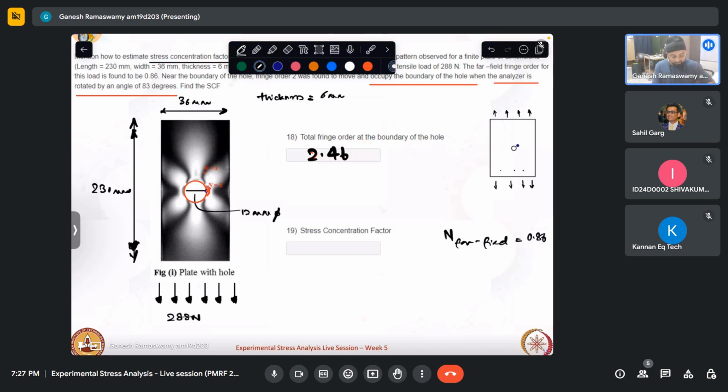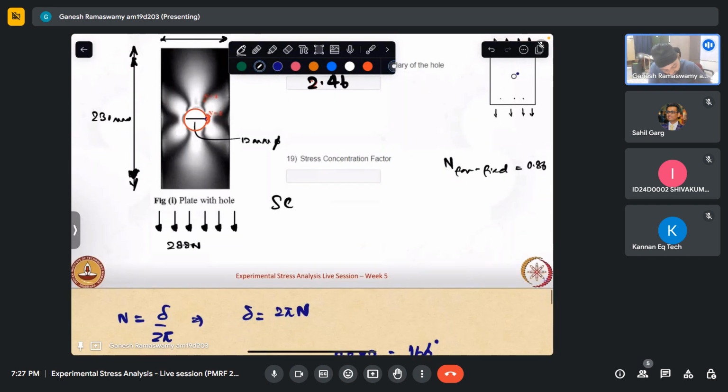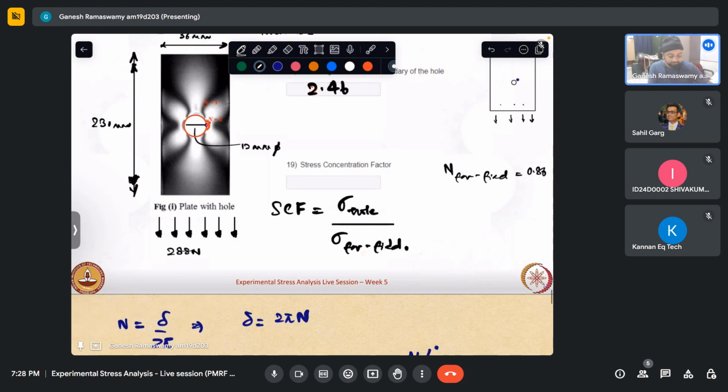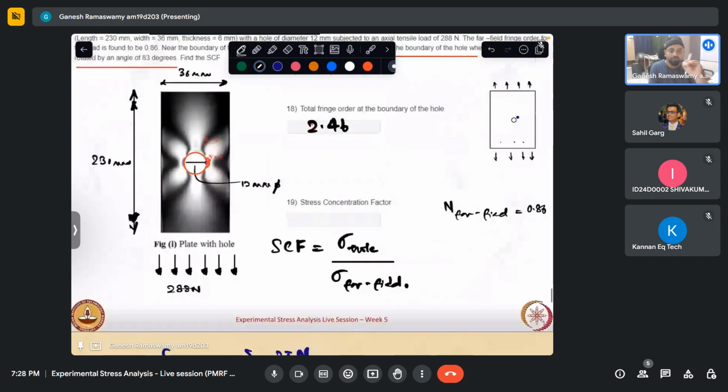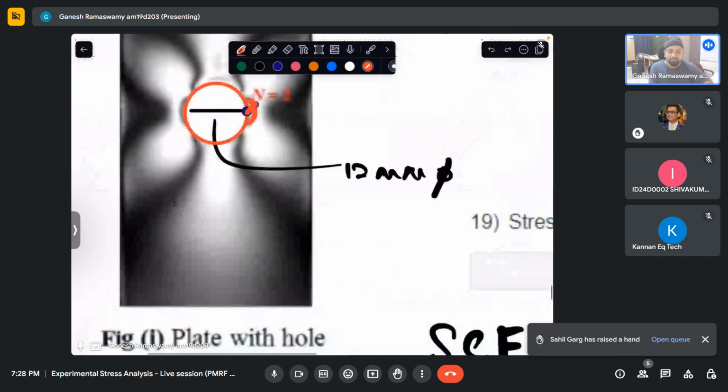Next part is asking what is the stress concentration factor. So stress concentration factor is defined as N at the hole by N far field. Let us also briefly see why this stress concentration factor, what does it mean? Essentially, if we take a plate that is uniform without any defect or a hole and we apply the load, our fringe order for this load should have been 0.86. That is what this data tells us. The far field fringe order is 0.86. This is how it should have been, ideally. But because of the introduction of this hole,